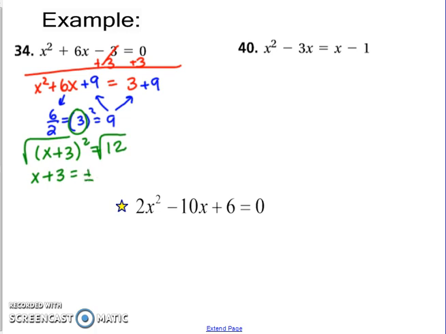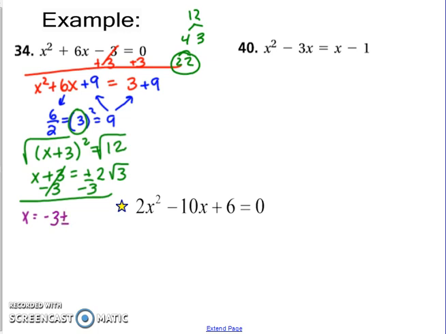So it's going to be plus or minus, and the square root of 12, if you need to write it down, 12 becomes 4 and 3, and 4 is 2 and 2. So we have a pair of 2's on the outside and a 3 on the inside. Last step is to get x by itself, so we want to subtract 3. And the 3 on the right-hand side that we're subtracting, you can't combine it with anything, so we're just going to write that as negative 3 plus or minus 2 radical 3. Okay,